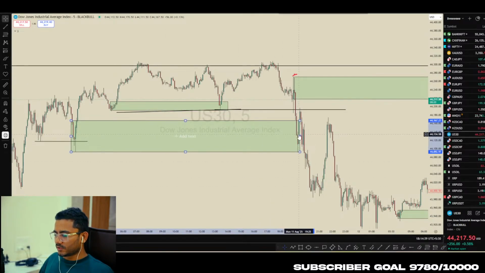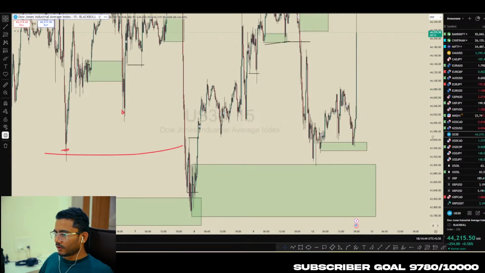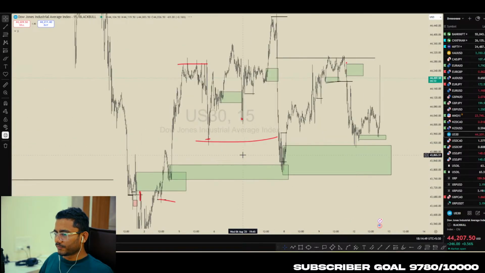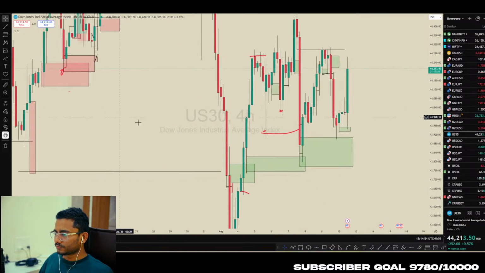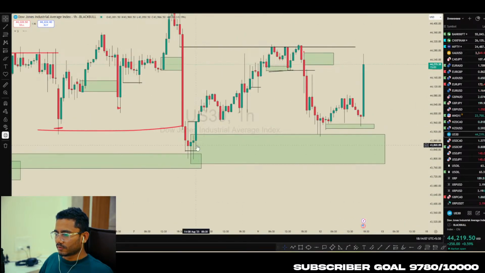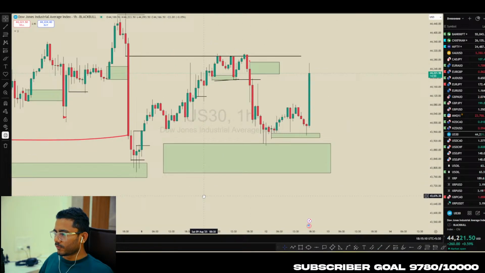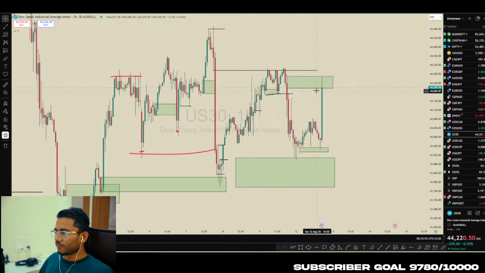Yesterday I also mentioned that if price breaks this low, then probably we will look for a sell side trade. And again, yesterday I also marked this order block as a POI because if you look at 30 minutes, 1 hour, 4 hour, we have this candle which only this candle swept the liquidity and then gave us a break of structure. There is this liquidity sweep, and then price tapped and gave us change of character and took out the liquidity. So now let's see if price gives us change of character here.